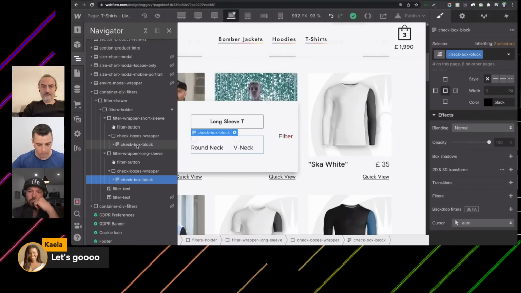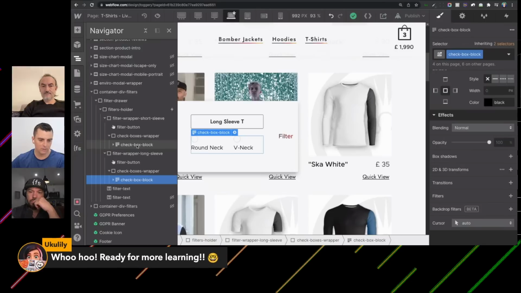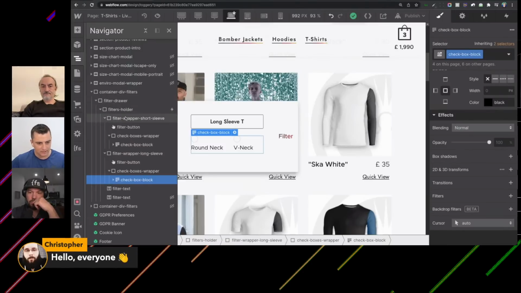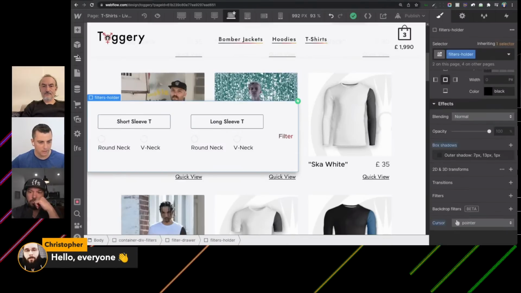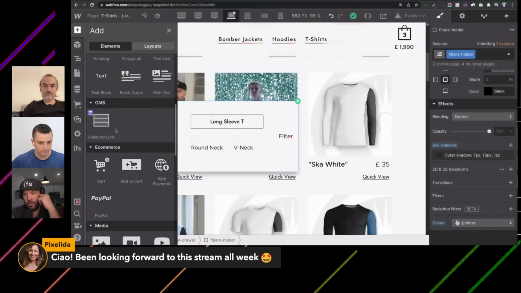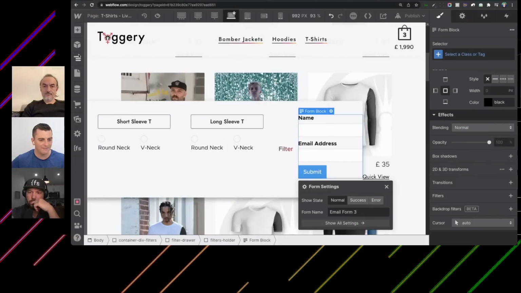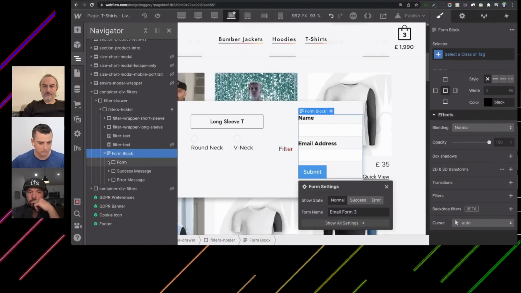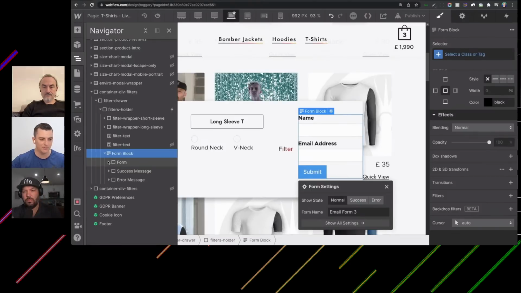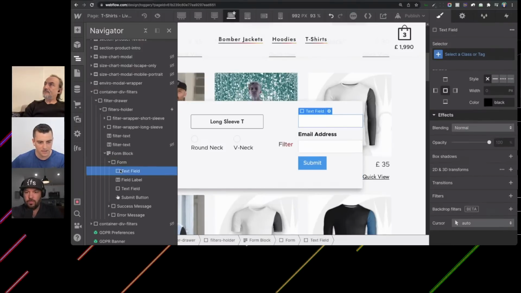Only one form can be used for any filtering list. If you have a second form, that means it should be filtering a different list. So we need to do a little bit of reorganization here. So that's exactly what I am going to do here. I'm going to go in this filters holder and I'm going to put one form. I have my form block, and now I can have any kind of structures inside of here, right? This can be wrapped around the whole page. It could be wrapped around the whole filter UI. It doesn't matter, but everything needs to go inside one. I'll remove my initial elements,